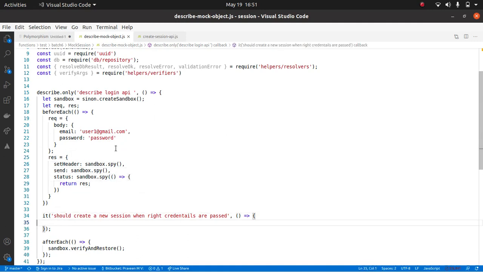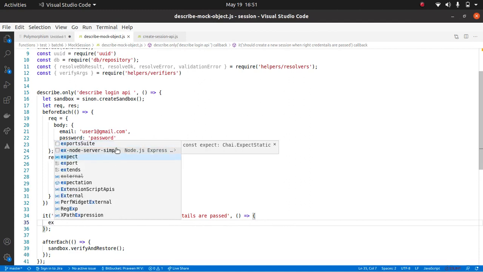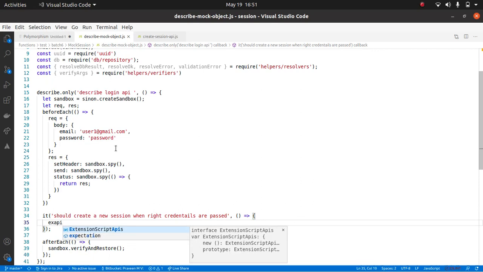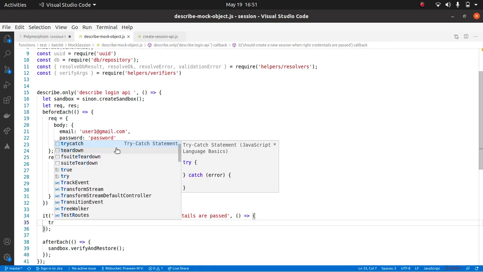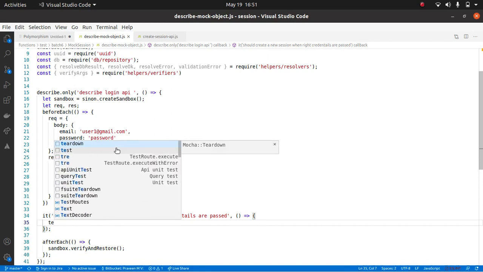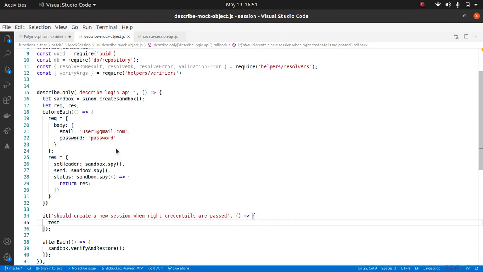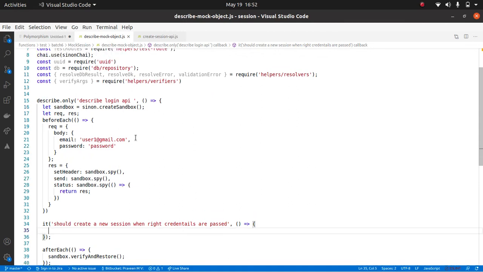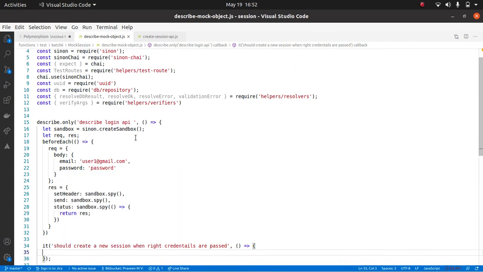Now how do I invoke the API? I had written a few snippets, I'm just trying to figure out what those snippets were.